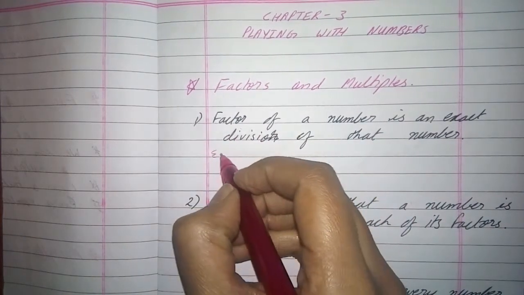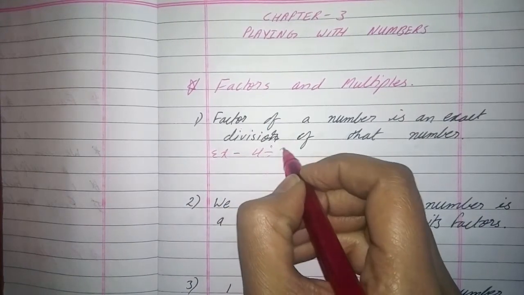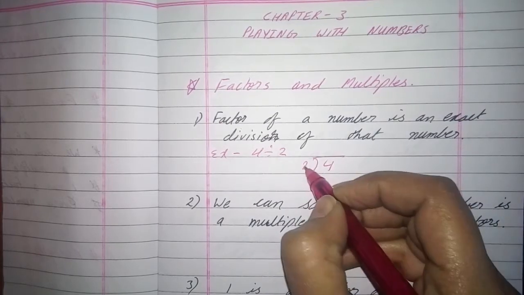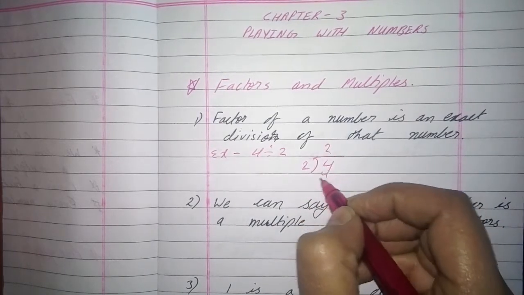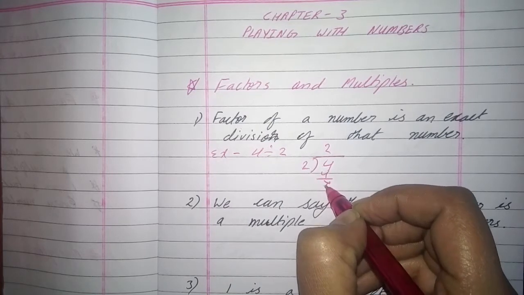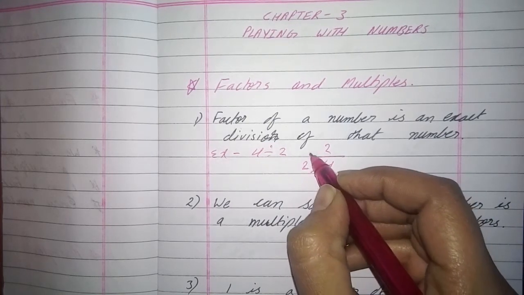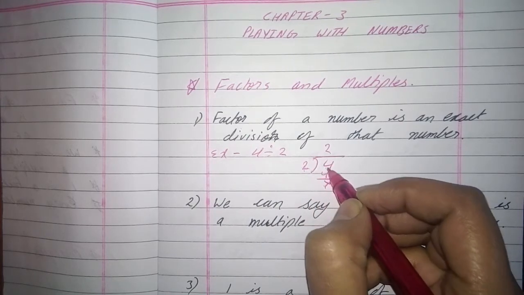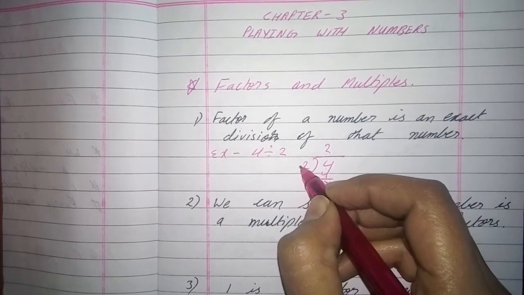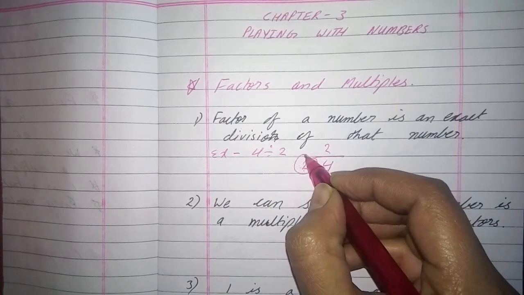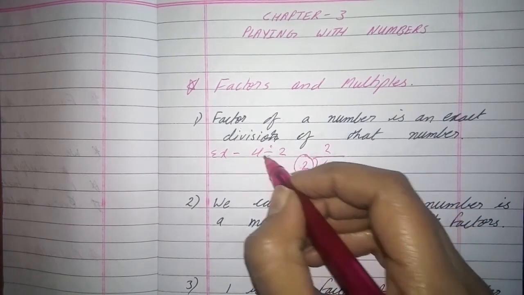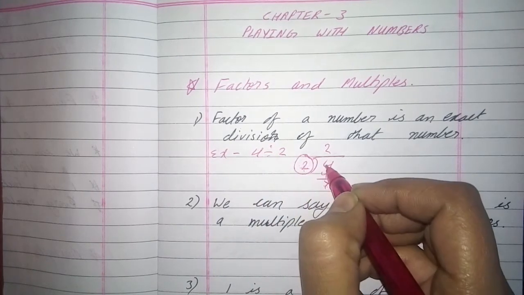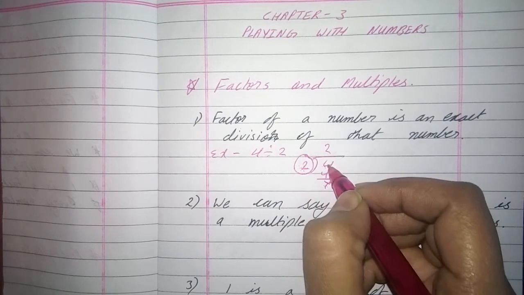Okay, for example, if we divide 4 by 2, so 2 is the divisor. Now divide 4 by 2, so 2 2s are 4. So now remainder is 0, so it is the exact divisor. Exact divisor means when the number divides any given number, it leaves the remainder 0, then this is the exact divisor. So this exact divisor is the factor of 4. Okay, which number did 2 divide? 4. So 2 is the factor of 4.